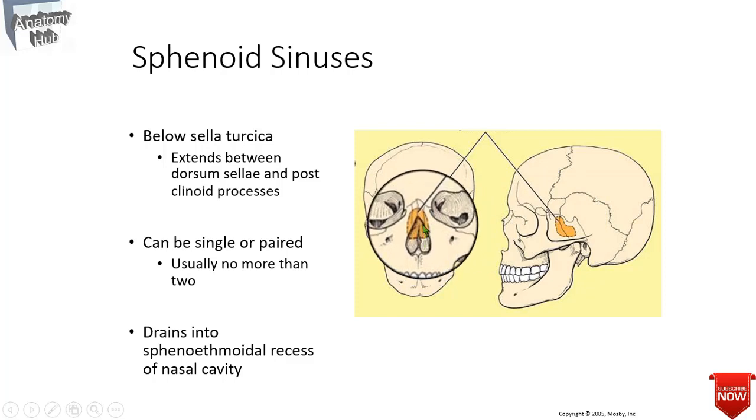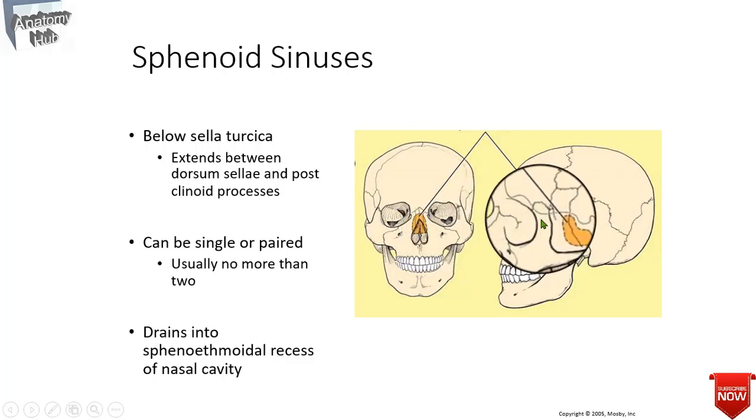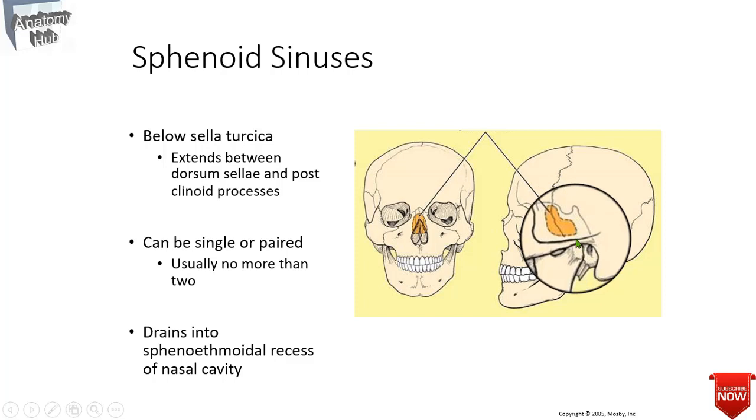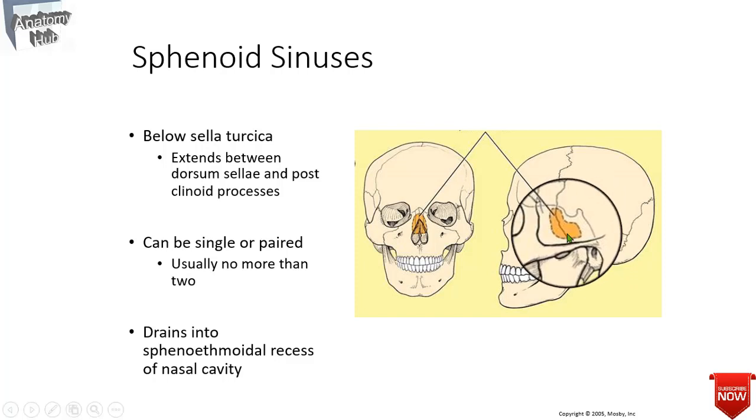So its height is about 2 cm and the breadth is about 1.8 cm and the diameter is 2.1 cm. And this sinus opens to the sphenoethmoidal recess. And the arterial supply will be the posterior ethmoidal artery, and the lymphatic drainage will be the retropharyngeal nodes. And the nerve supply to this sphenoid sinus will be the posterior ethmoidal nerves and the orbital branch.